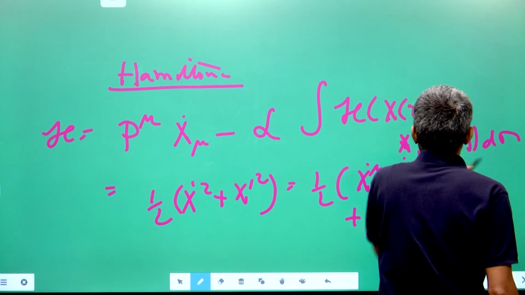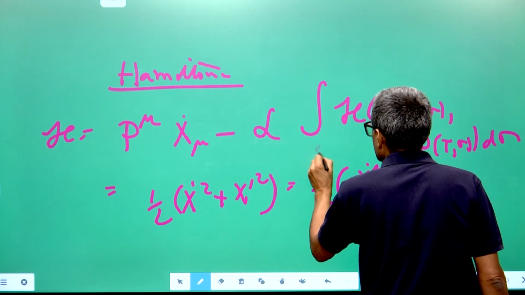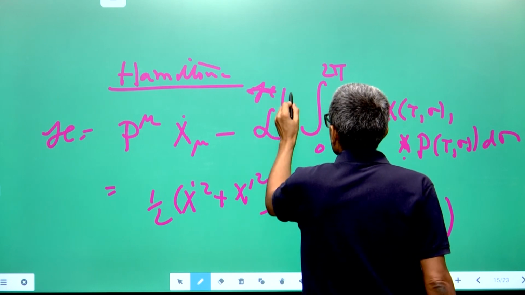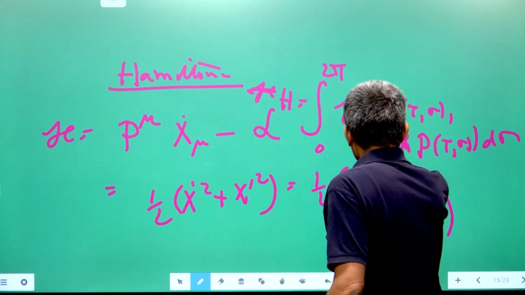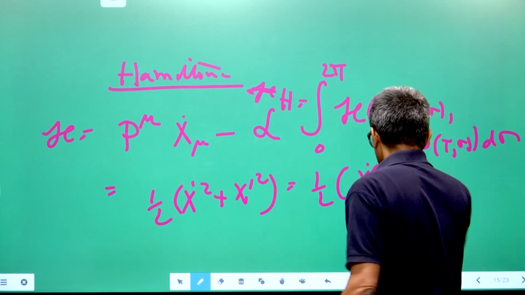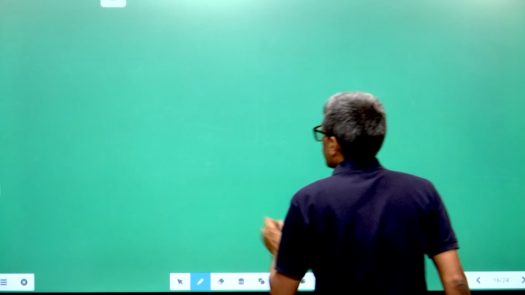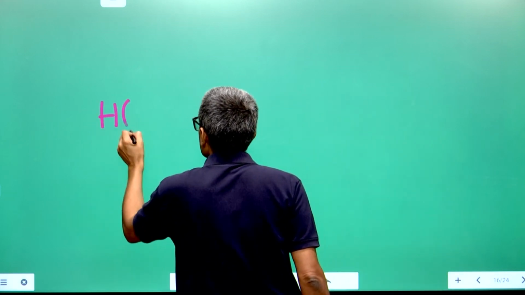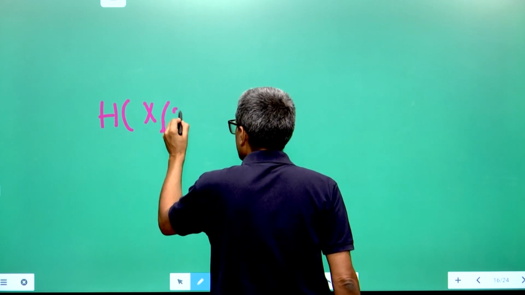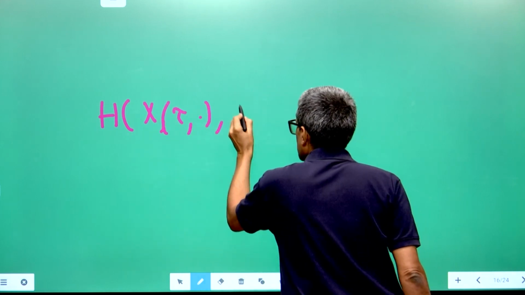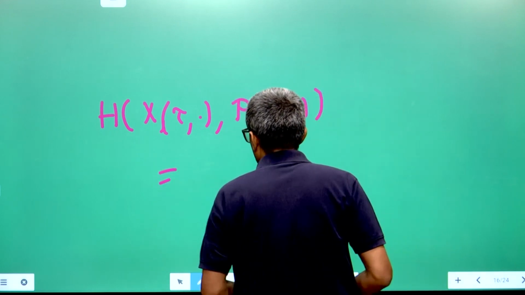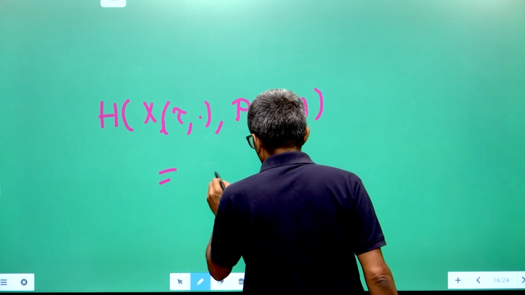and if you integrate over the length of the string, 0 to 2 pi, that will give you the Hamiltonian of the string. So, I call it the Hamiltonian of the string, and if you express x mu in terms of the Fourier coefficients and carry out this integration, then you will get the Hamiltonian as a function of x and p at a given tau, and all spatial variables, and it will be equal to simply a constant, namely